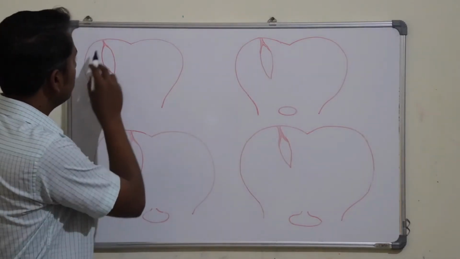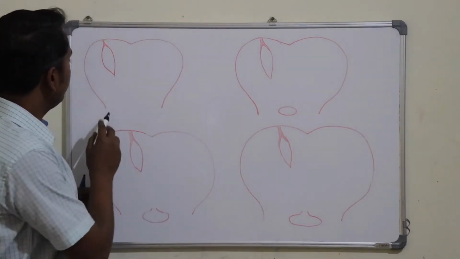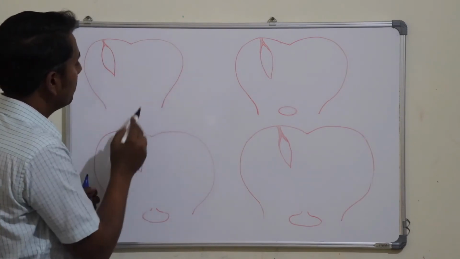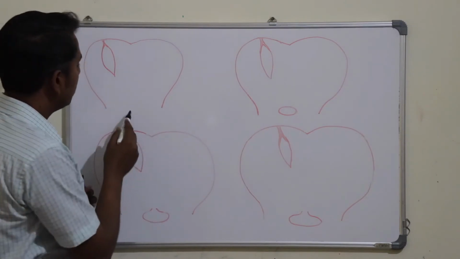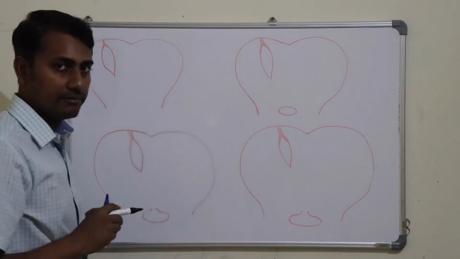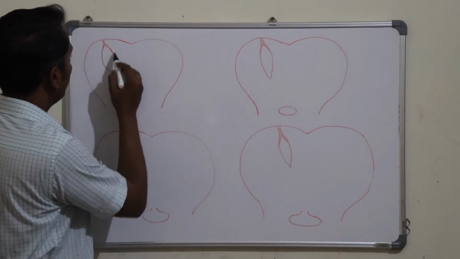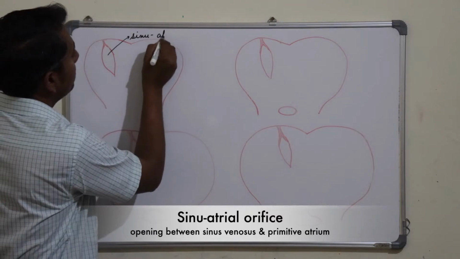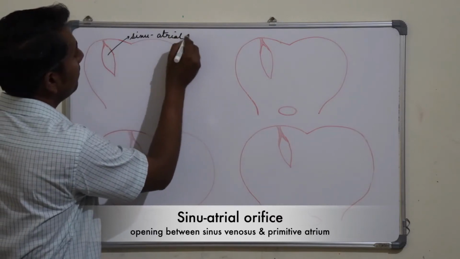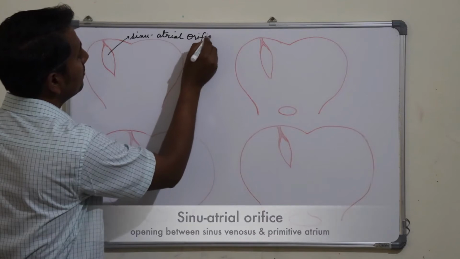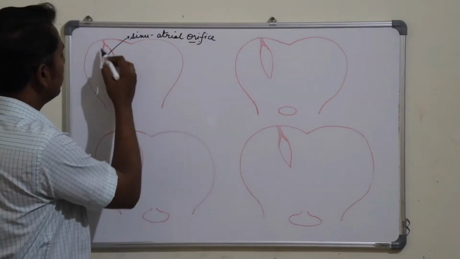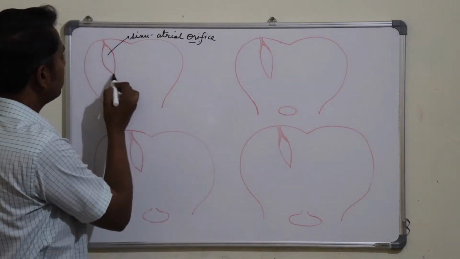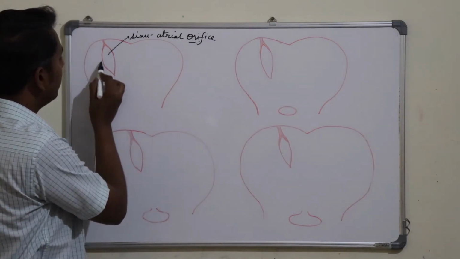So let us consider this first diagram of the fetal heart, in which the atrial chamber will be undergoing division into right and left halves by the formation of two septum, septum primum and septum secundum. This is the sinoatrial orifice, which is the opening between the sinus venosus and the primitive atrium, which has narrowed down towards the right atrium, and this orifice is guarded by two valves, that is the right